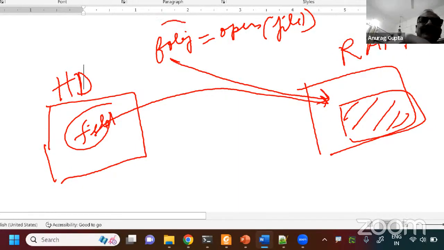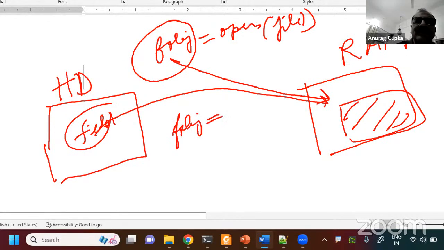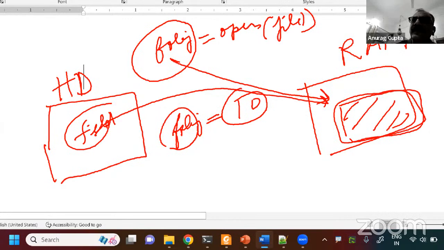As long as there is a variable name pointing to that particular data, the garbage collector of Python cannot delete this data, right? But suppose you do f object is equal to 10. That means you have reassigned f object to an integer. Now there is nothing pointing to this memory in RAM. So the garbage collector, which keeps a count of all your variables, understands that this memory is now useless, and it will remove it. That is the way a typical garbage collector works.